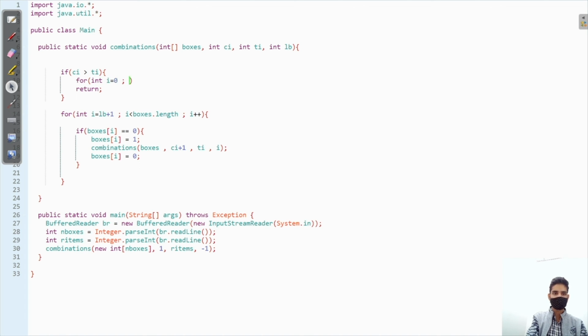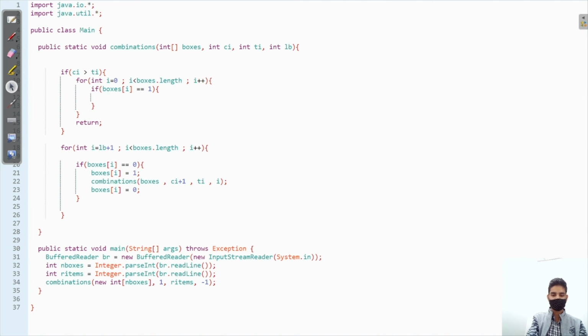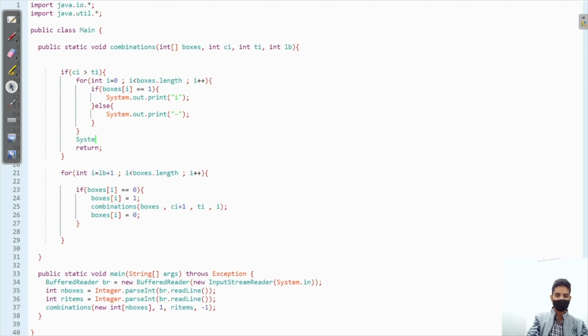So we will traverse our array, boxes dot length, and if boxes of i equals 1, that means the item is present, so we have to print i. If this is not true, we have to print a dash with System.out.print. After this, just change the line. Very easy, and the question is finished.